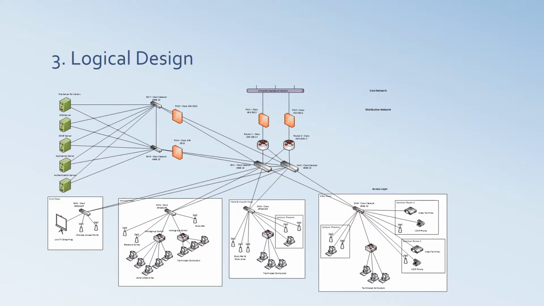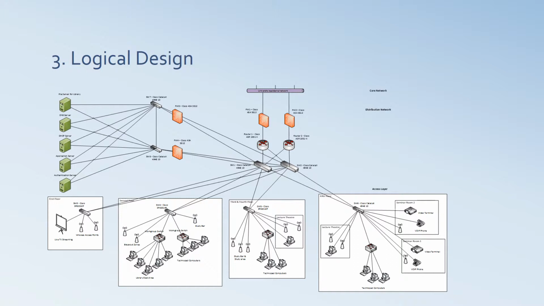This is an overall view of the logical design. We have divided it into core, distribution, and access layers. In the distribution layer, we have 2 firewalls, 2 routers, and 2 switches. This is in order to have proper redundancy in the network. The switches in the distribution network are then connected to our server cluster. Here we have all the DNS servers, DHCP servers, application servers, and all the other types of servers.